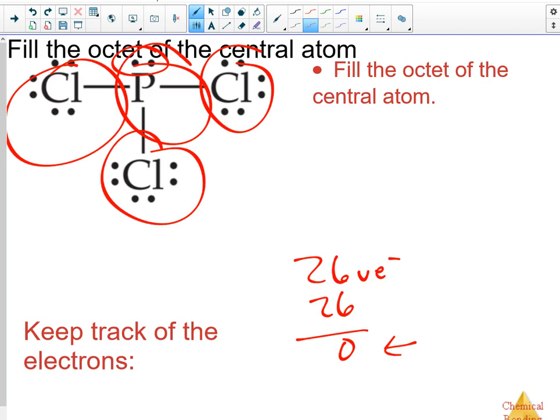Now, they don't always work out that way because that's too easy. Right? And that's just how it goes. We don't always have a perfect combination where everything gets an octet. In regular chemistry, we do, because we just want to keep things simple. But in AP, things get a little bit harder. Okay. Now,